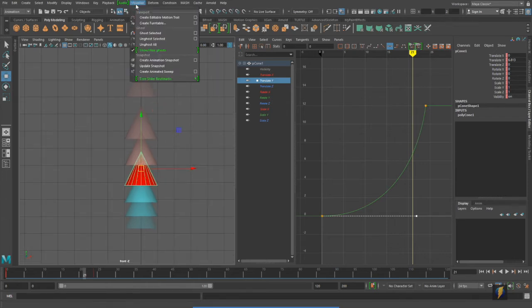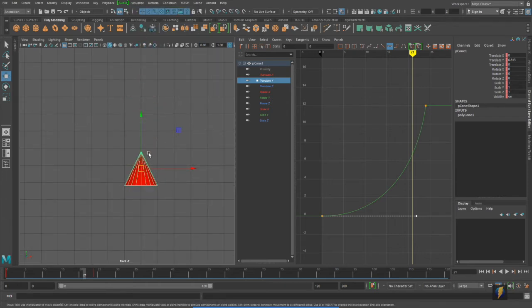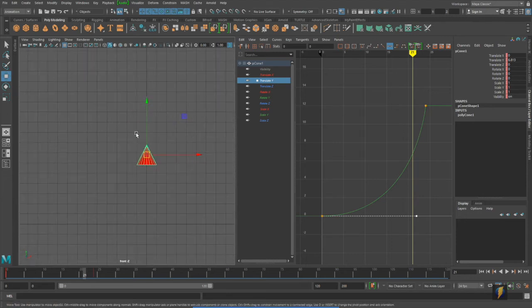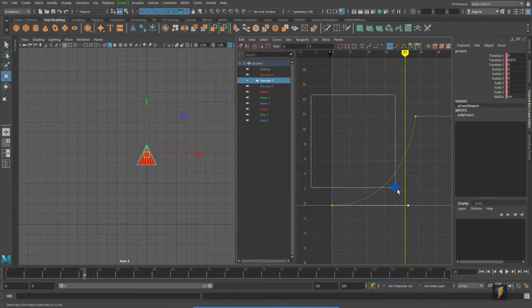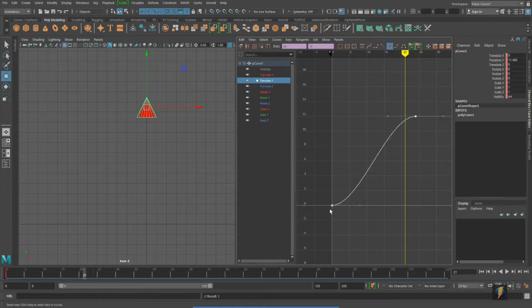I'm going to go to Visualize and Unghost All. Because the next thing I'd like to do a little review on is timing. Perhaps should have talked about timing before spacing with this video, but that's okay. I'm going to come back over to my animation curve and I'm going to flatten out those tangents. We'll keep kind of the default slow out and slow in here for this particular example,